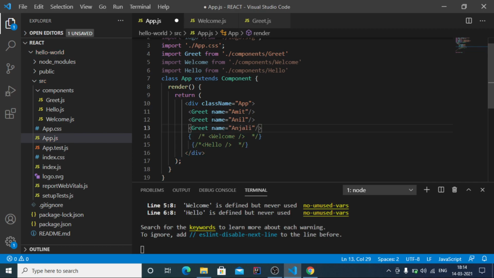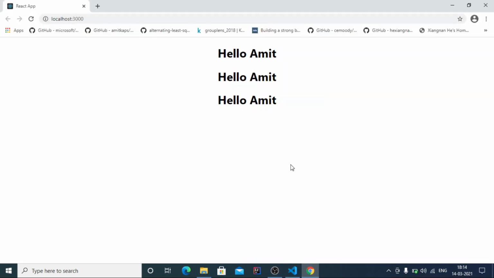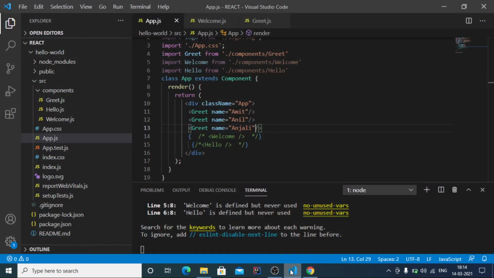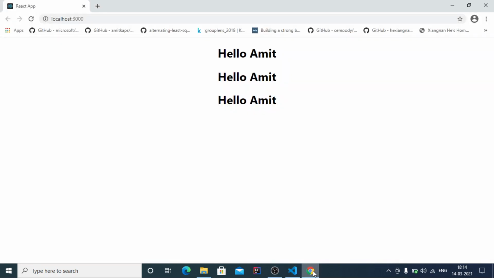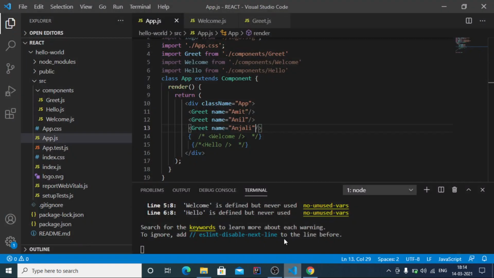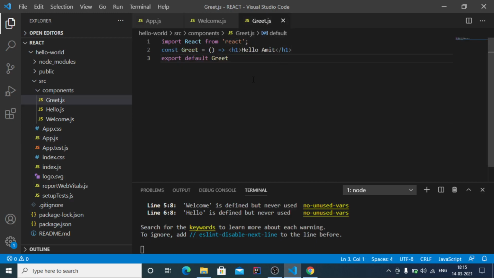As soon as we save this file and take a look at the browser, we see this, still we are not getting the desired output. So we want to pass this information about the names of the person to the greet component. First of all we have to split it into more than one line, so opening and closing curly braces are required.